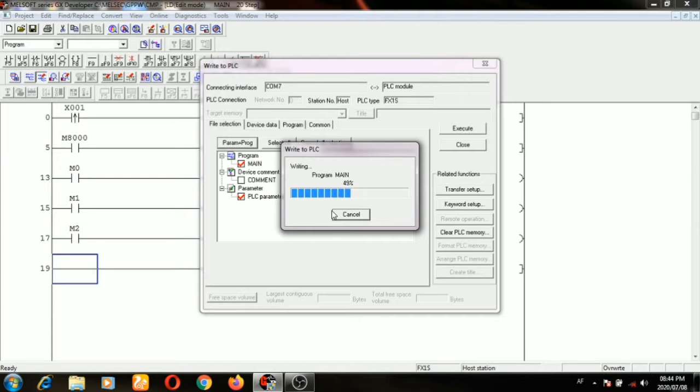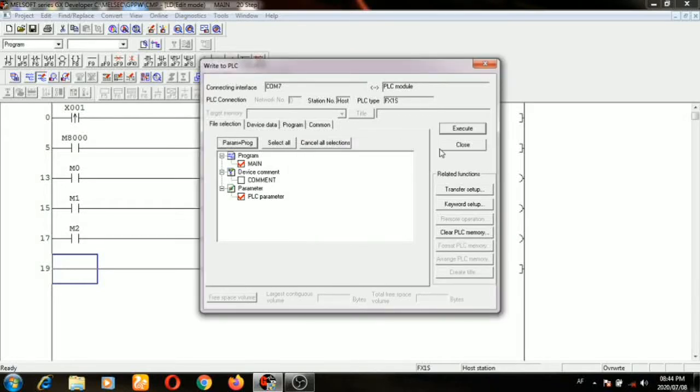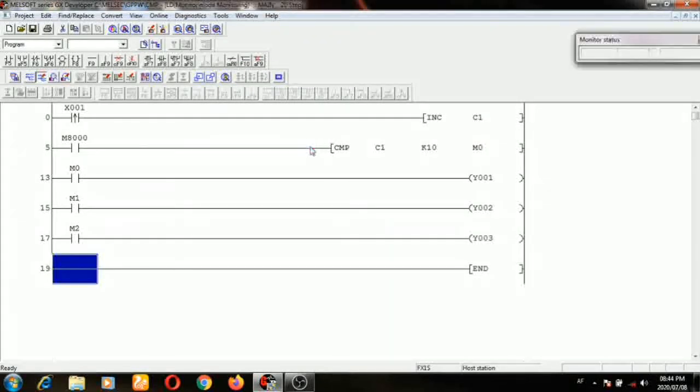So basically the compare block is used to compare the value and give three memory bit outputs accordingly. Let's check. Now I'm putting the PLC in run mode and pressing X1. You can see the value of C1 is less than 10, so M2 is on continuously.